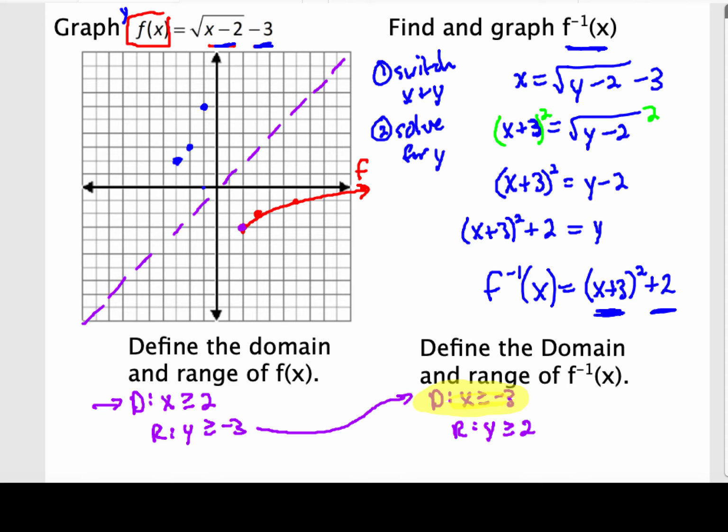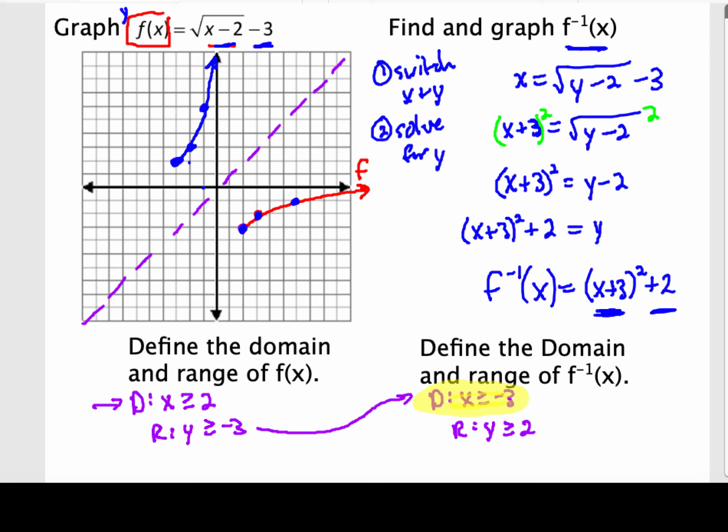Getting that point there. And notice we had gone up 1, right 1, up 1, right 3 when we were talking about f of x. Well, now I'm going right 1, up 1, right 1, up 3, when I'm talking about f inverse of x. And now it looks much more like a perfect reflection of those points over that purple line. We get that point here, reflecting down here. And if we go straight through that line of reflection, negative 1, 6 and 6, negative 1,